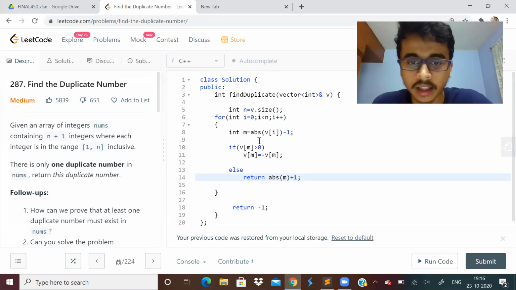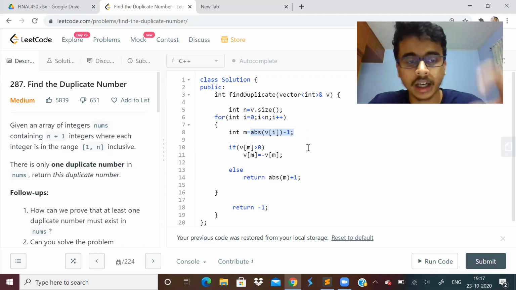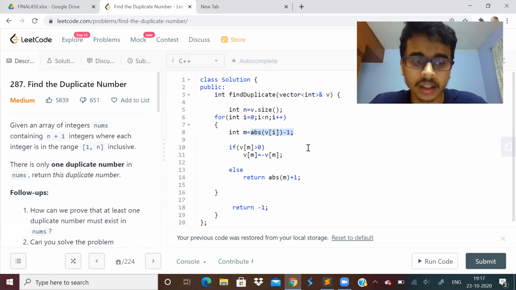The index that we are checking will be the absolute value of the array element minus 1, because indexing is 0-based. At that index, if the element is greater than 0, that is, positive, we'll make it negative. If it is not positive, that means it's a repetition. So it is all about making the elements at the corresponding indices positive or negative. This is the most optimal way of writing the code.